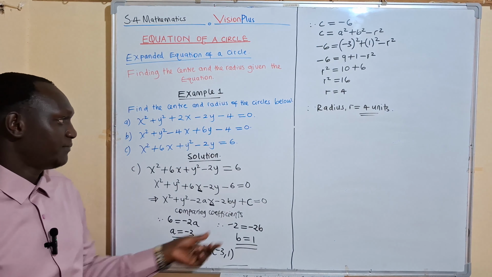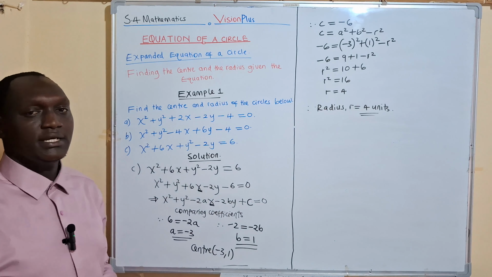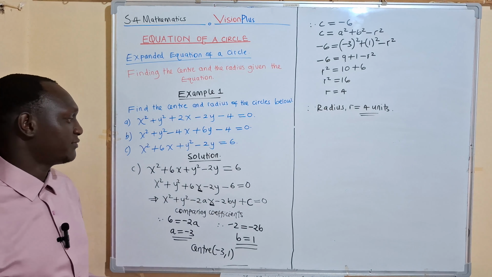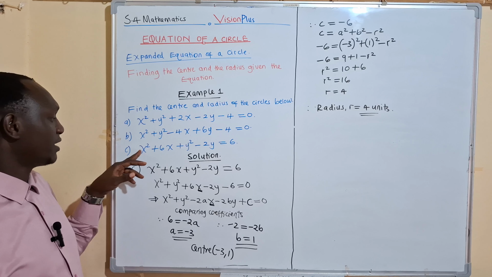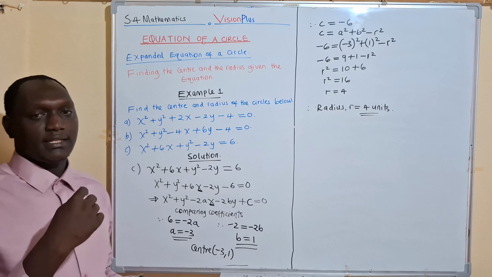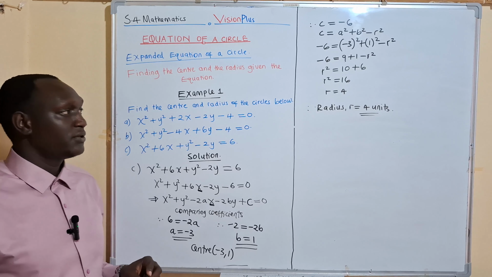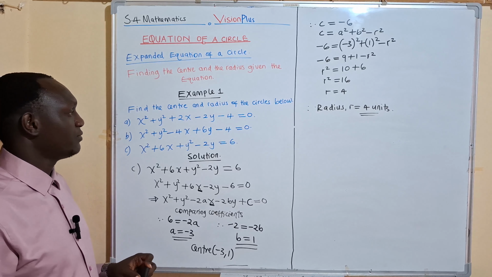If you use this center and that radius to find the equation in the expanded form, that is, if you substitute for them here, you'll be in a position to get back that equation. And that proves the answer to be correct. So this is the solution to example